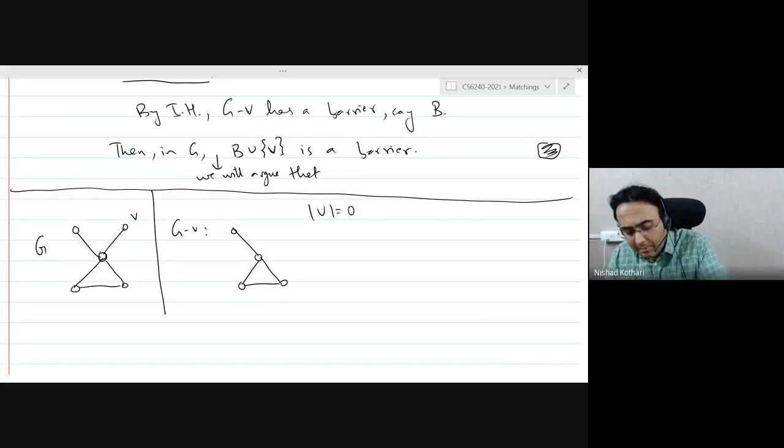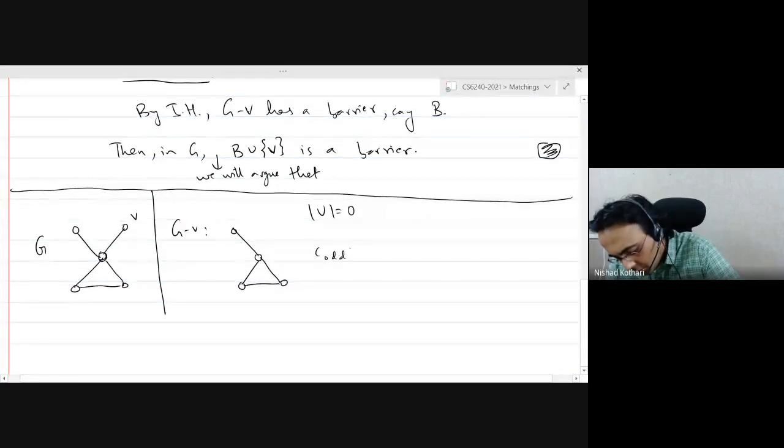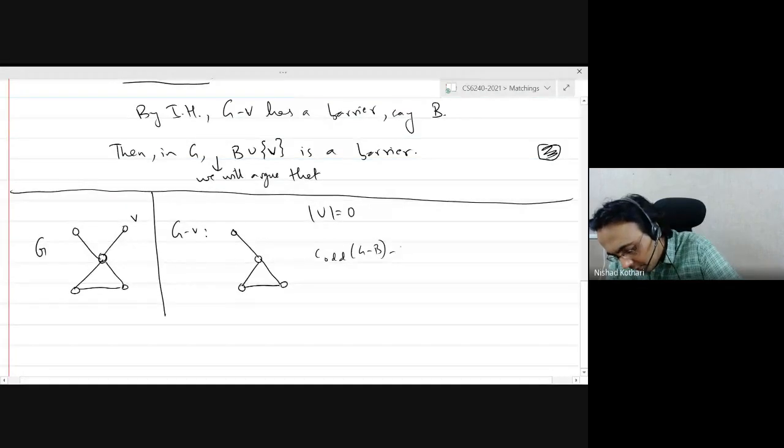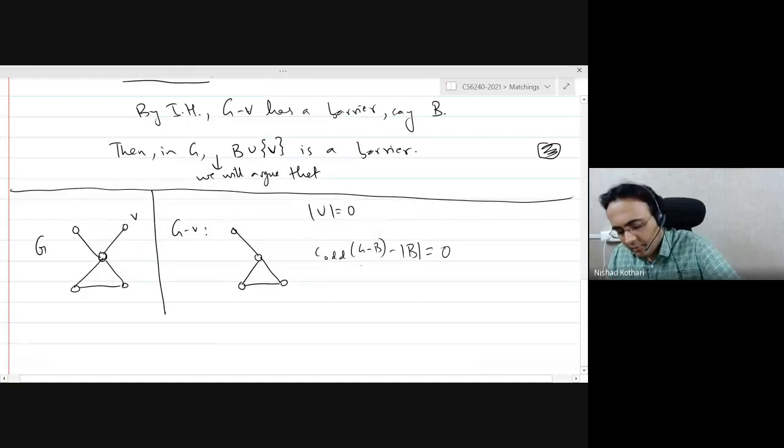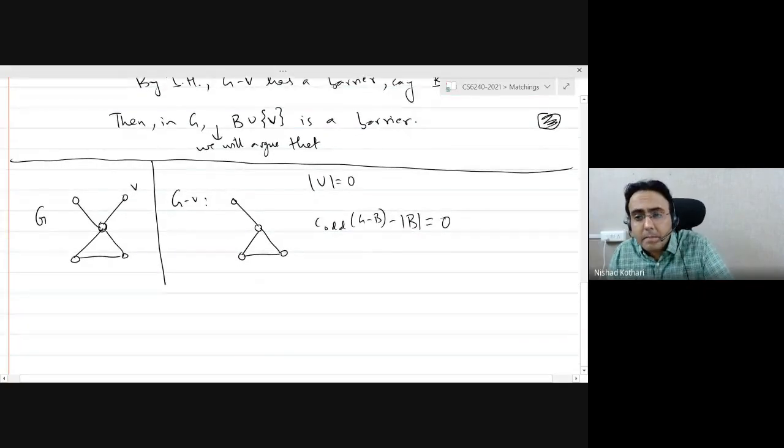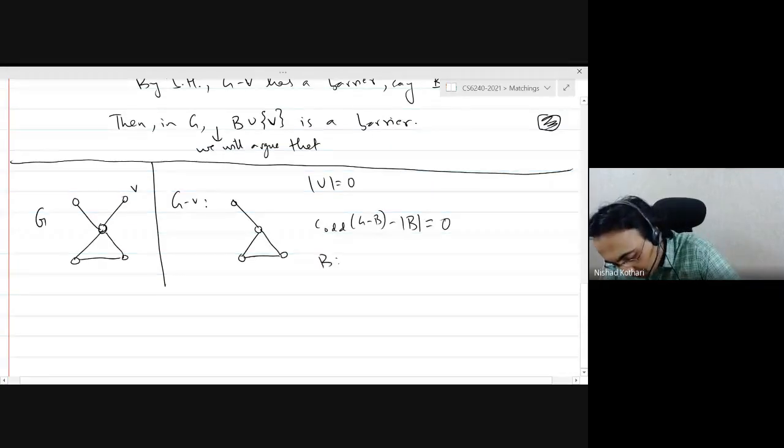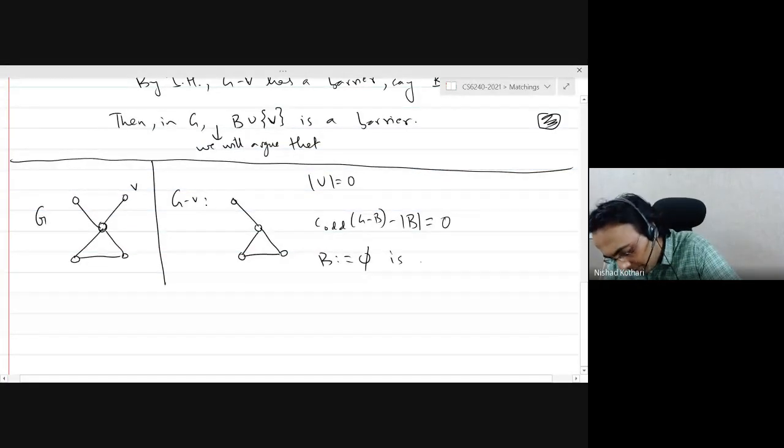So what is a barrier? A barrier in this case would be any set for which these two quantities are equal, right? The number of odd components is the same as the number of vertices you deleted. So for example, the empty set, I believe, satisfies this. If I delete no vertices, I get one even component, so B equal to the empty set is a barrier.